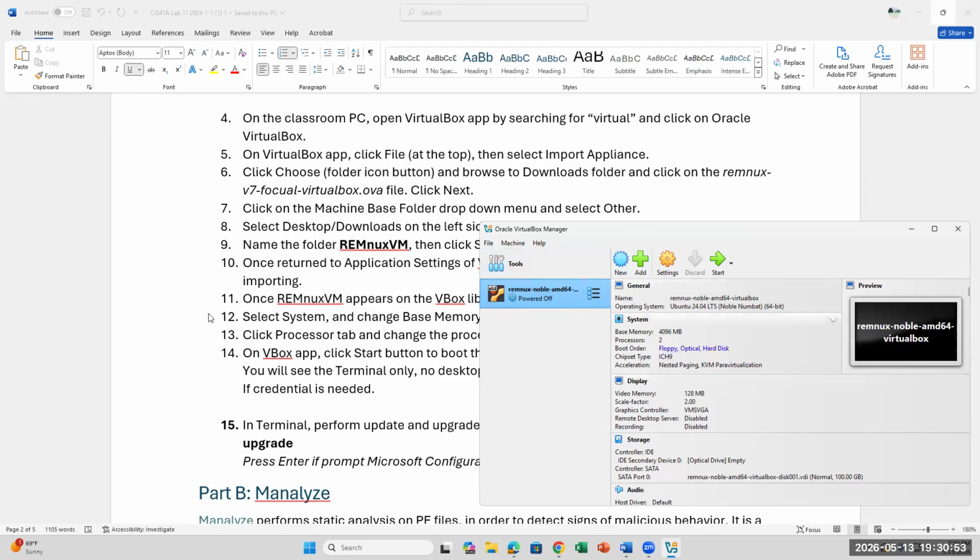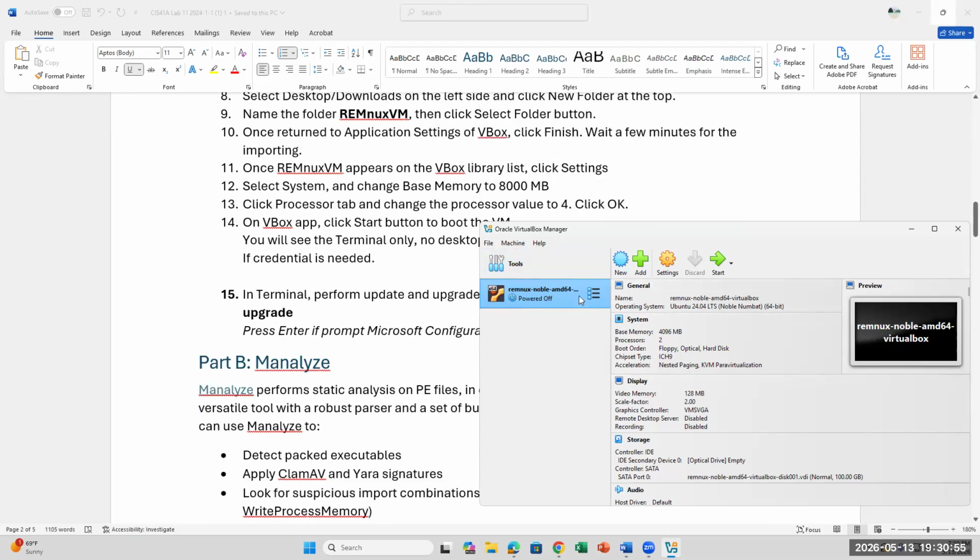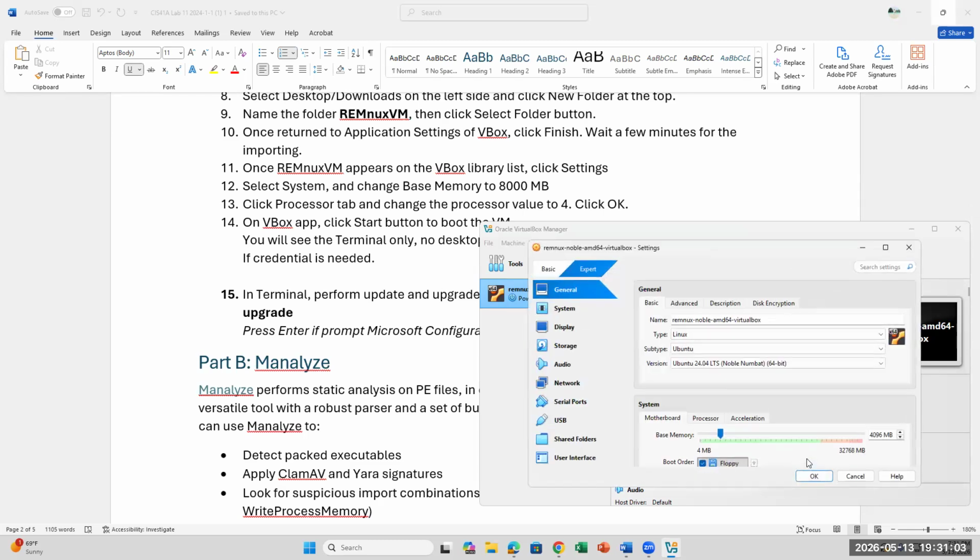Now, at this part, after you have imported your virtual machine, don't start it yet. We're going to change the settings because remember, anytime you do forensic or security scans, you need to give it more processor. Quad core is good, and for the RAM, I'm going to go 8 gig. That should be plenty. The RAM is going to be 8,000 and your processor is quad core. That's good enough. Before you click start,